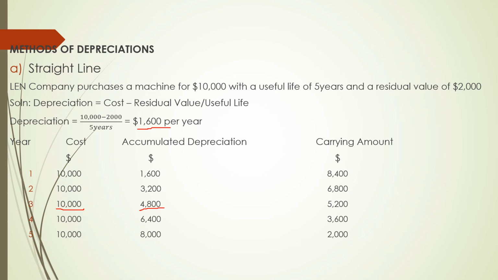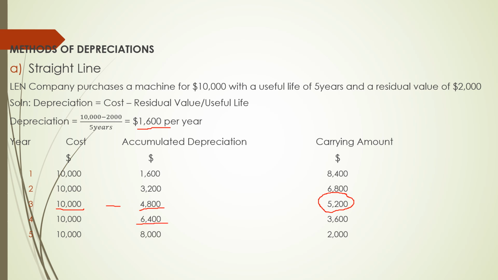When we subtract the 4,800 from the 10,000, we will arrive at 5,200. In year 4, our accumulated depreciation will now be the 1,600 multiplied by 4, giving us a total of